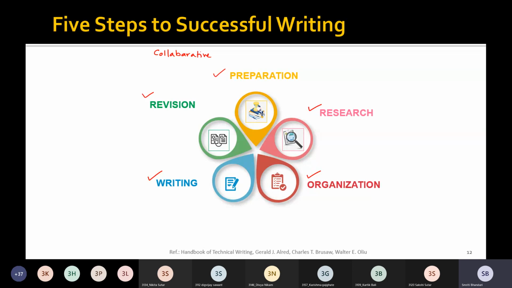So these tasks are being assigned to certain teams, and that team or an individual will work on that particular task, and then you may compile everything to come up with the final report, right? So this is known as collaborative writing. So many times whenever you are working in teams, you need to carry out such kind of collaborative writing.